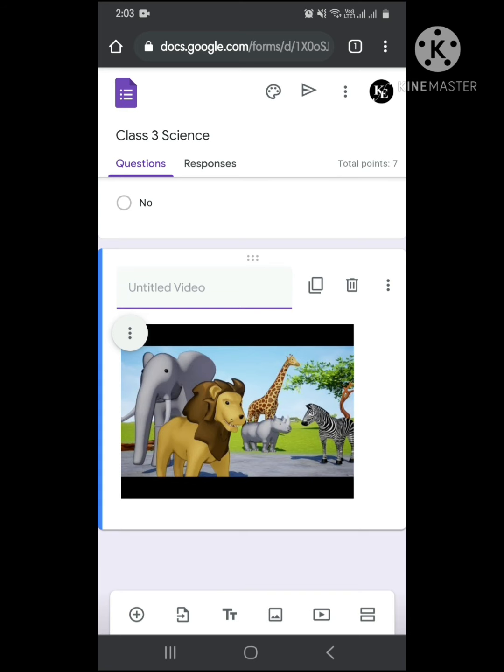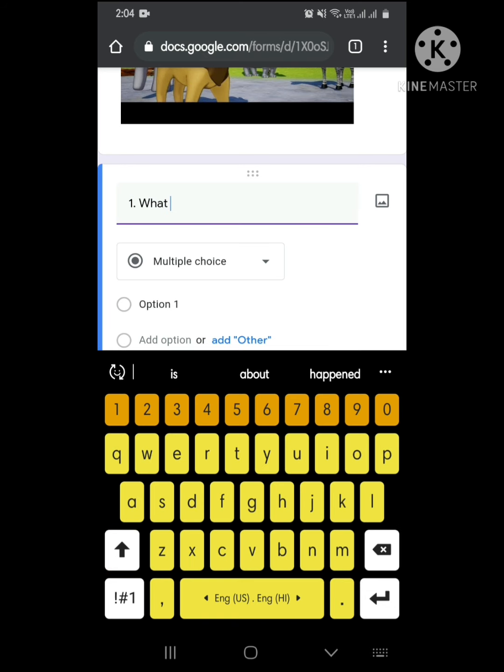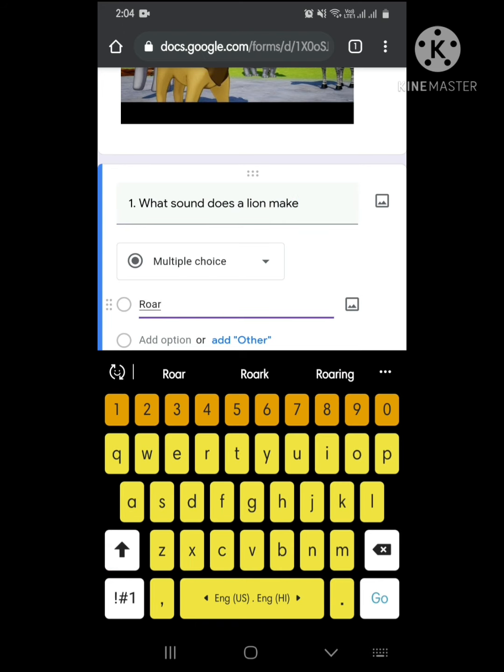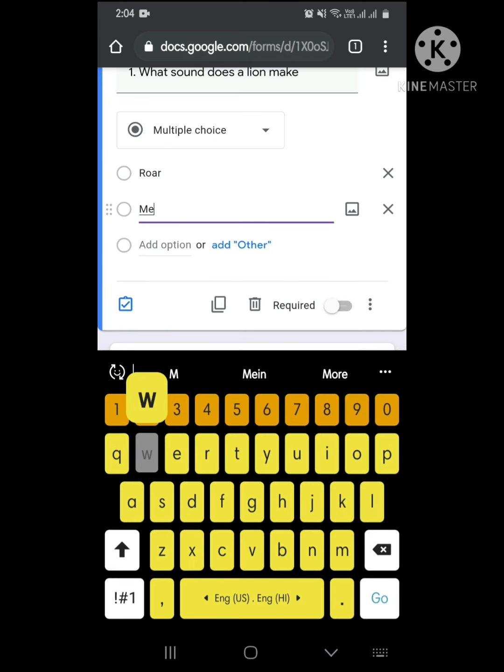So that means after watching the video, the students will answer it. Like question number 1, what sound does a lion make? Like this question. So we can give some options like roar, or mew, anything like that.